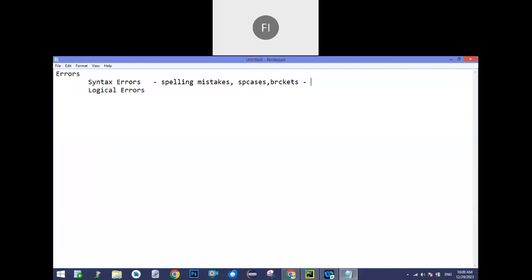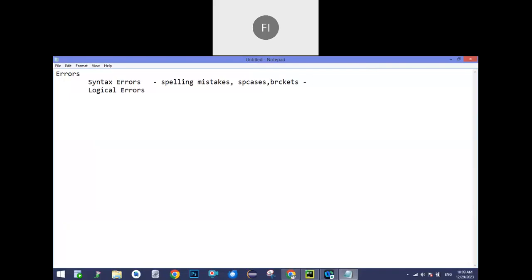Assume you gave a wrong keyword, for example, instead of for, you wrote FAR. While translating that FAR into an understandable format, the interpreter does not understand what for you have written, so it will throw an error that the keyword is undefined, okay.